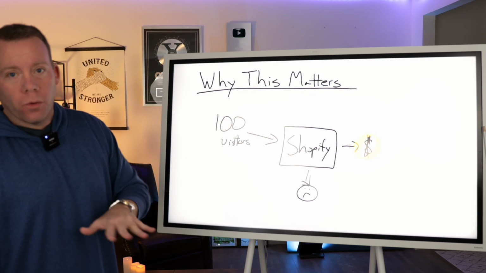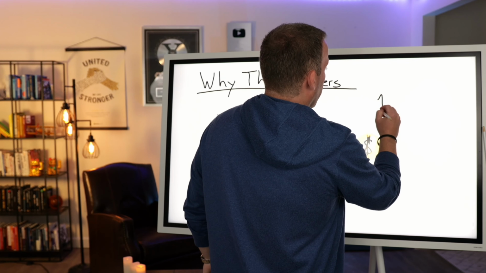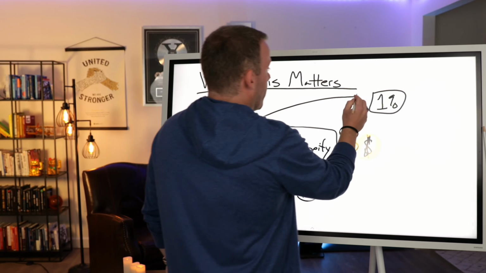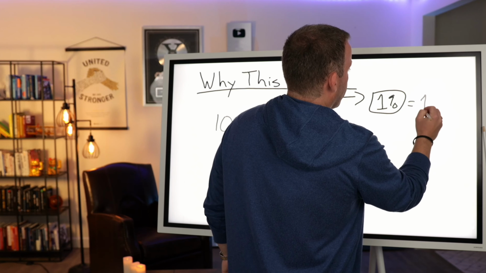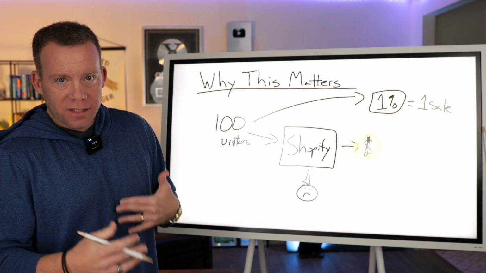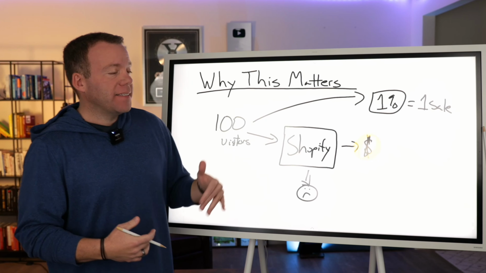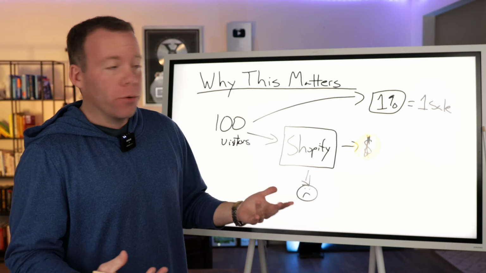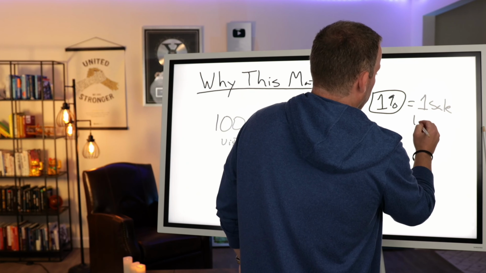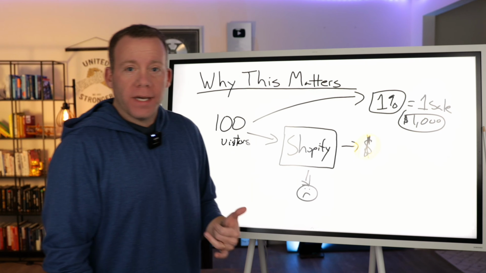Let's say your store was underperforming, and out of 100 targeted website visitors, you only had a 1% conversion rate. What would that mean? It would mean if you had 100 visitors and 1% of them turned into customers, you would have one sale. And for the sake of simple math, let's say you did something similar to what I do and what I teach over at Dropship Lifestyle, and sell high-ticket products with, let's say, a $1,000 average order value. Well, that would mean these 100 website visitors at a 1% conversion rate were worth $1,000 to you in revenue.